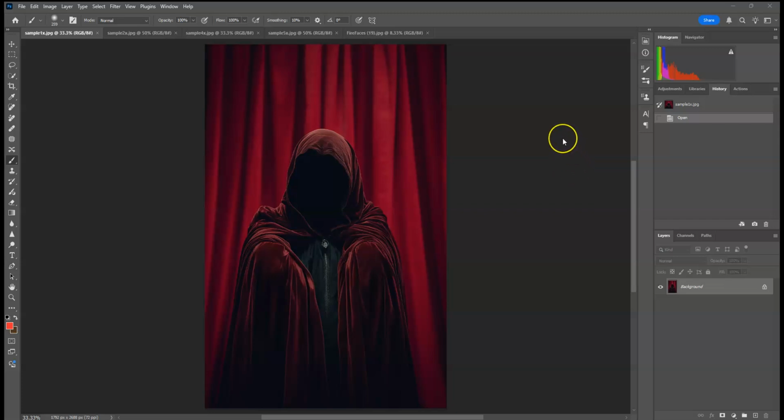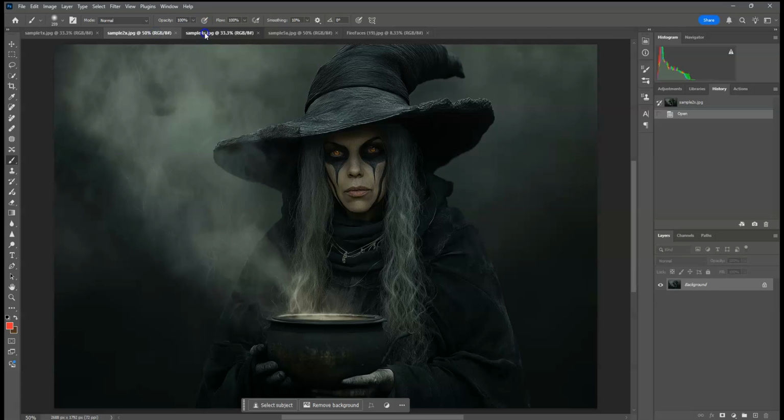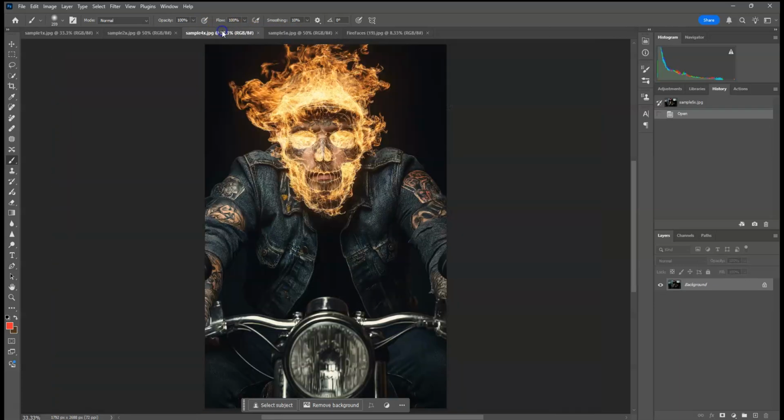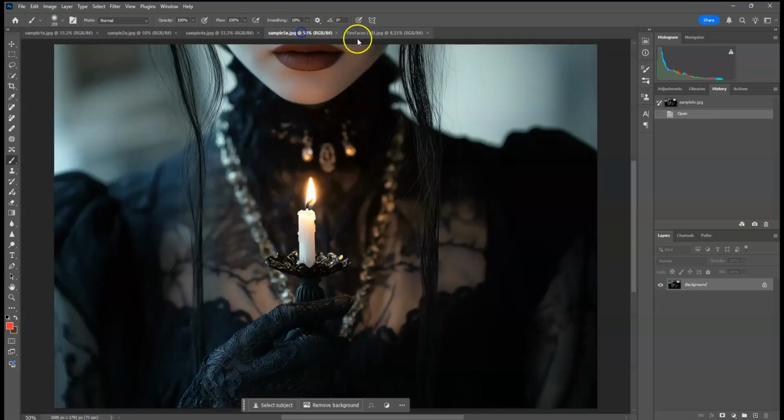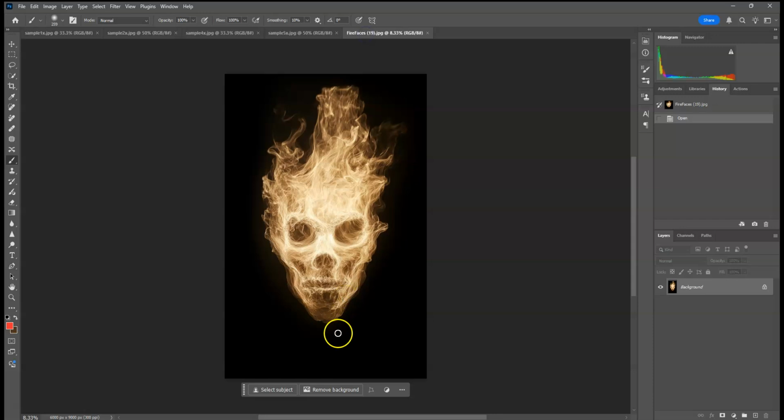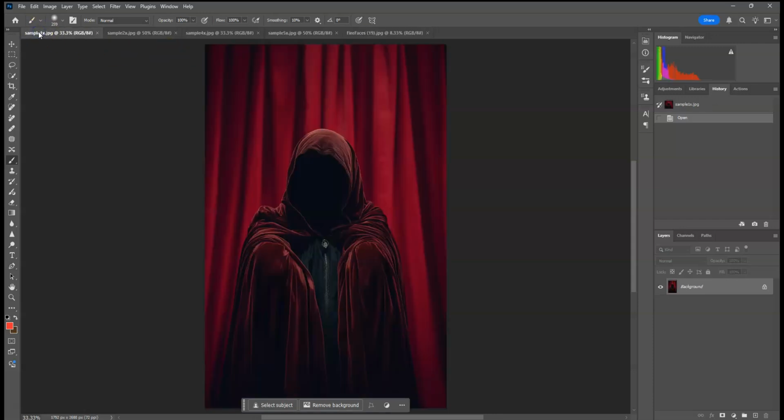I'm going to do a tutorial using my Fire Face overlays in Photoshop. I have open 4 different images that I'm going to use. Actually, I already did that one, apparently. I'll do that on a different one, but I have open one of the overlays I'm going to use. I'm also going to show you a different way to do overlays to quickly switch between them rather than just